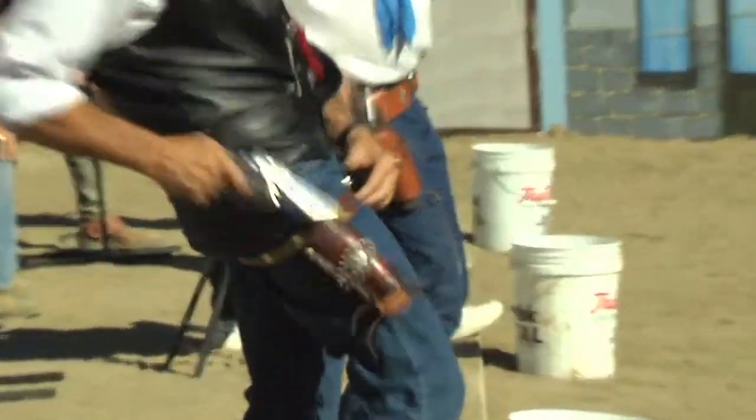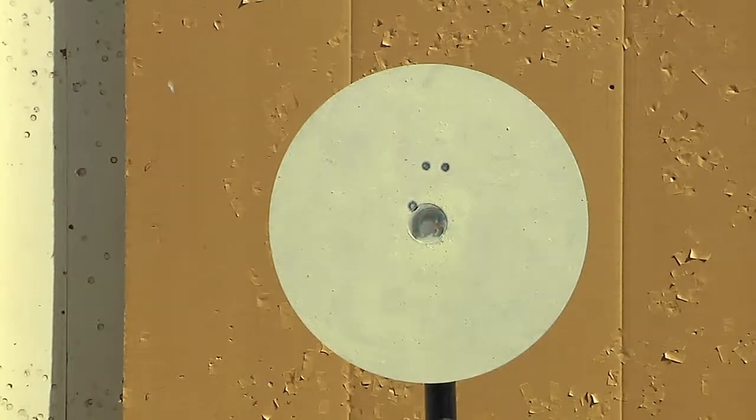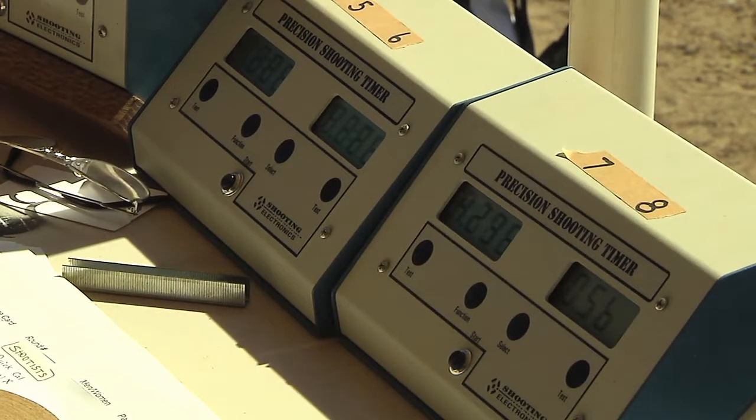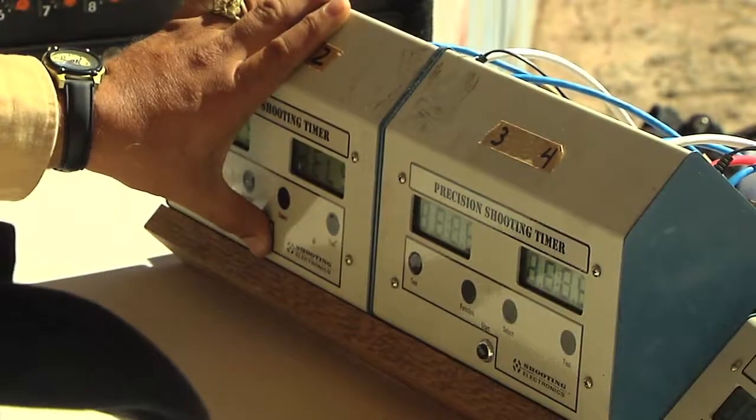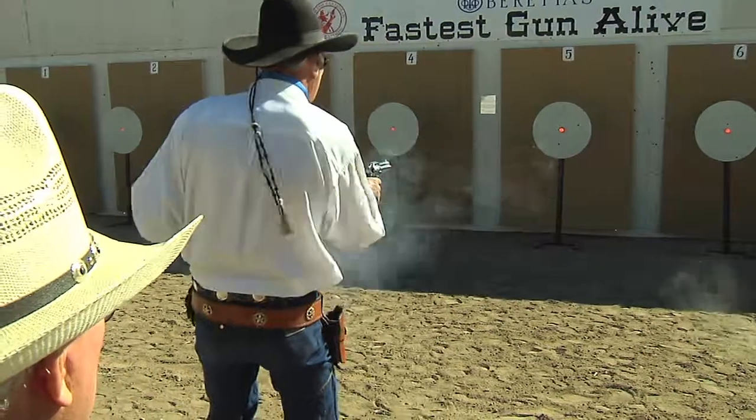Each shot is fired at a steel reactive target that's hooked up to a timer and measured to the 1,000th of a second. After the set command, the light is randomly activated between 2 and 5 seconds as the